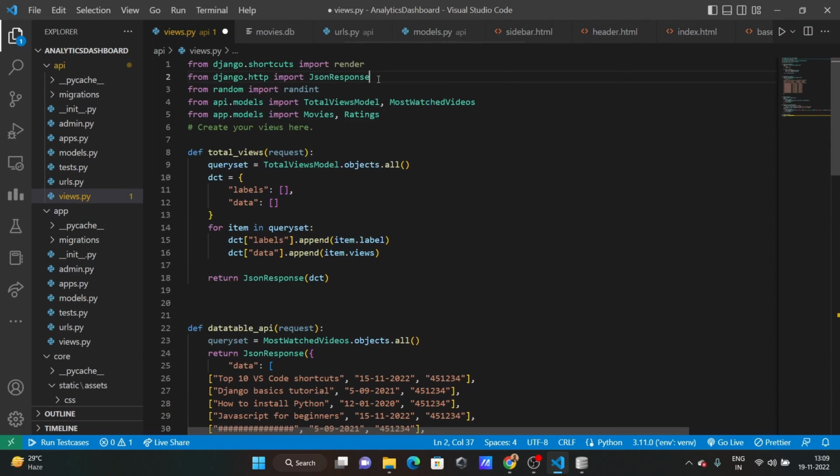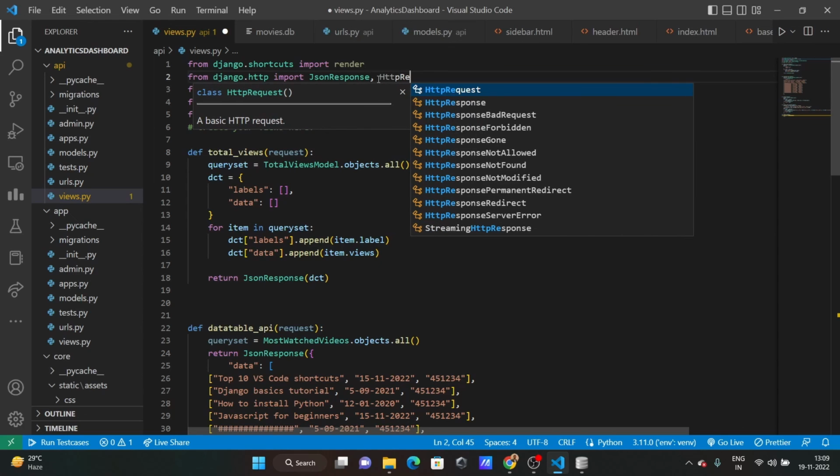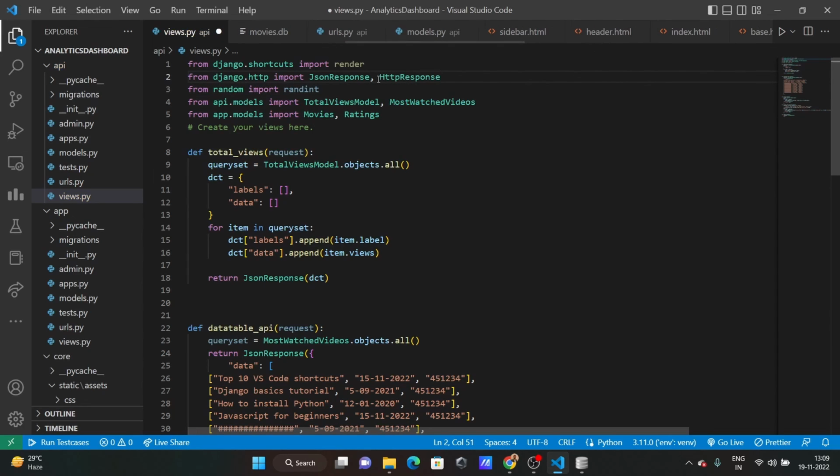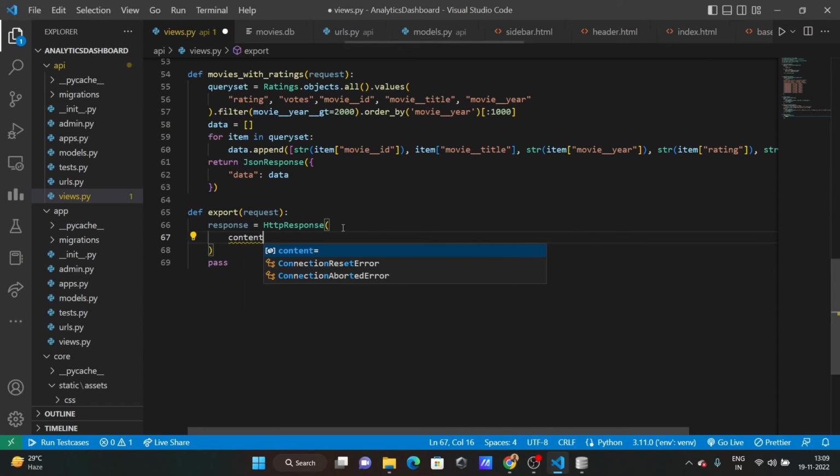Okay, and go down here, content type equal to text/csv,